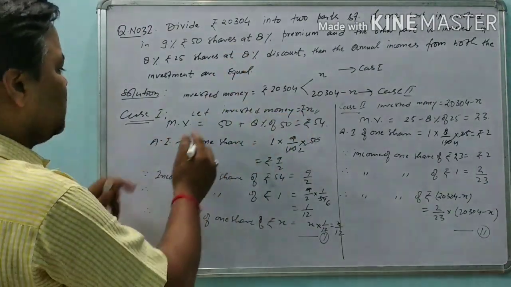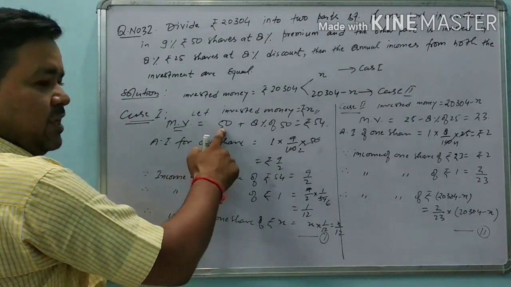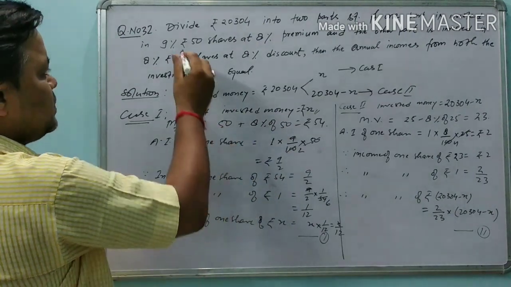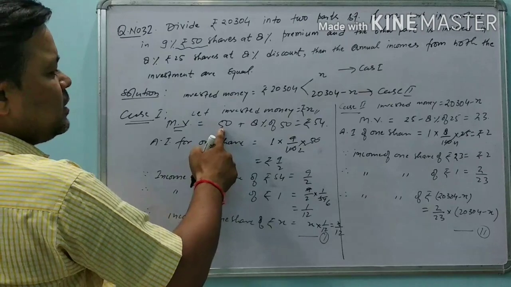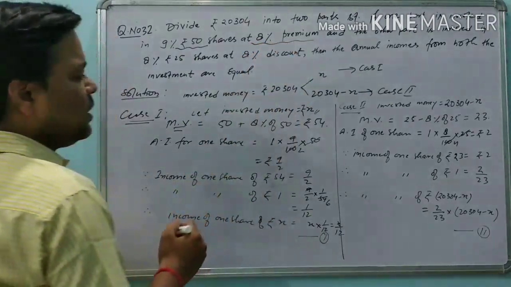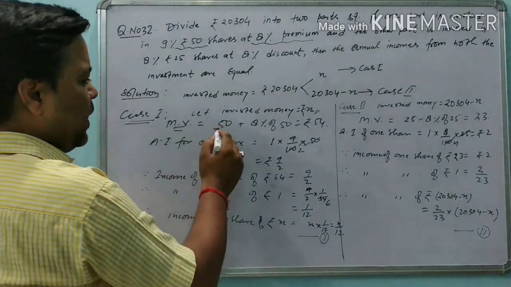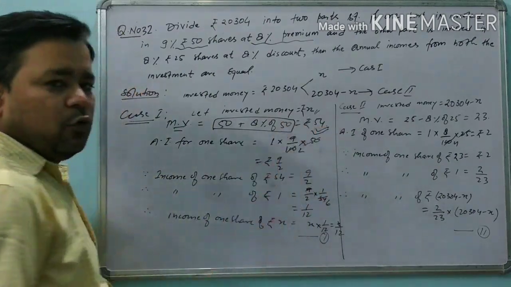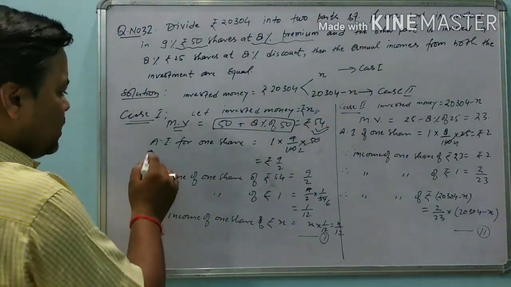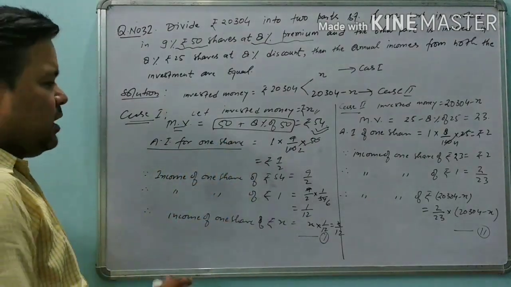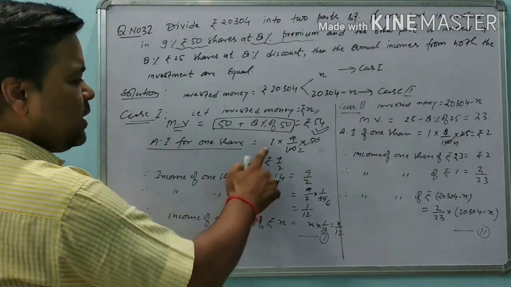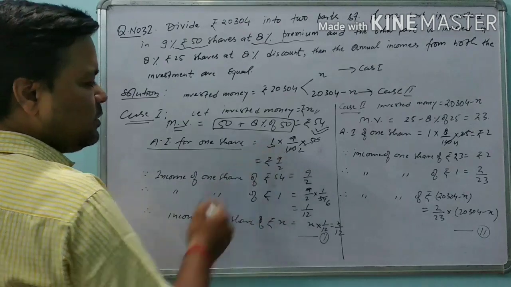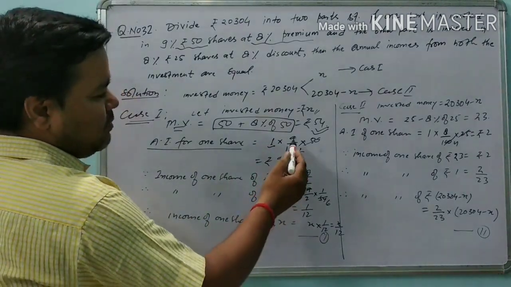On the basis of the question, the market value is face value plus 8% of face value. In case first, the face value is 50 rupees and the share is at 8% premium, so for finding market value we have to add it, and after adding we find that the market value is rupees 54. In this case, we find the annual income for one share. We know the number of shares, rate of dividend, face value. Here for one share, number of shares will be 1. Rate of dividend is 9%, that will be 9 by 100.